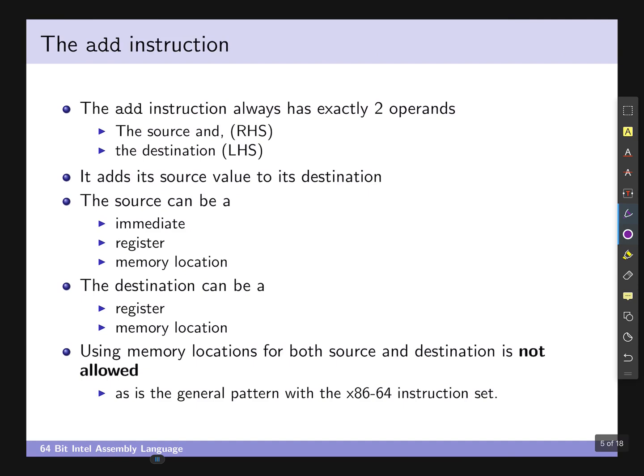Obviously, we would like to perform something more complicated than simply multiplying by -1. So the next instruction we're going to go through is the add instruction. The add and the subtract instruction work pretty much in the same way. They both have two operands where the right-hand side is the source and the left-hand side is the destination. So if I have something like add RAX, RBX, the one on the right-hand side is the source, and the one on the left-hand side is the destination. And what actually ends up happening here is RAX will get set to RAX plus